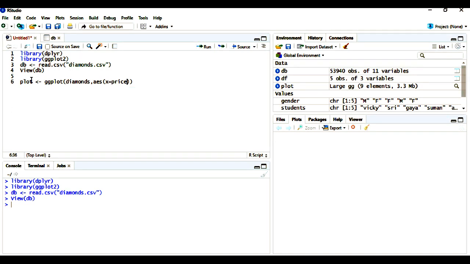Now here plot is a variable, diamond is a data set, and x is a variable and price is a parameter.